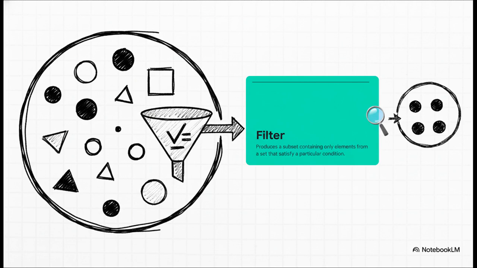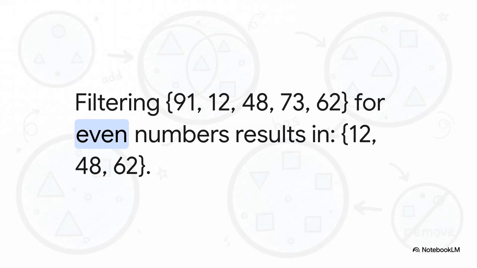In the programming world, this test is often called a predicate, but you can just think of it as a true or false question you ask about each item. For example, let's say our test is, is this number even? We apply that question to every single element. Is 91 even? Nope. Is 12 even? Yep. 48? Yes. And so on. The filter then gives us a brand new set that contains only the things that pass the test: 12, 48,